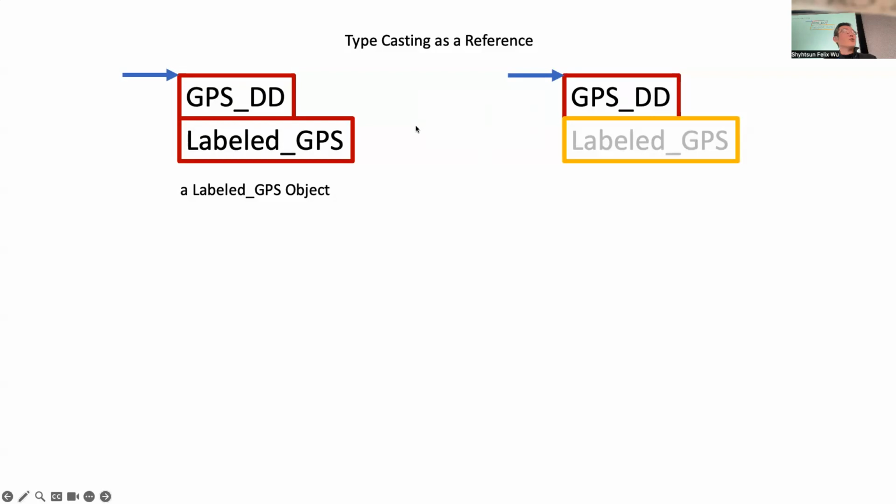I want you to appreciate C++. Depending on the situation, that order will switch. That's why sometimes we need to study offset, because in some cases the GPS DD goes first, but sometimes the label goes first. I will explain to you. Don't worry, don't panic. You will learn those.